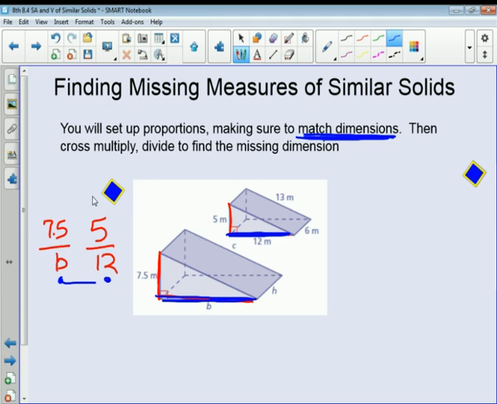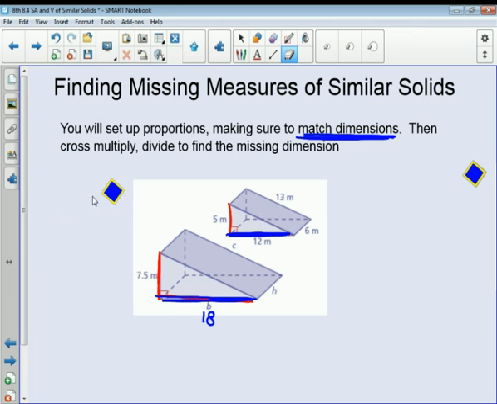Okay, so now to solve this, we're going to cross multiply and then divide by the third. So I'm going to do 12 times 7.5, and then I'm going to divide that by 5. And when I do that, I get 18. So my answer for this is 18. Okay, so now I can either continue to use the same original setup, or I can use different numbers, different sides. Okay, I'm going to go ahead and continue to use the 7.5 just because that's what I'm comfortable with, and that's the same as the 5. So I'm going to do